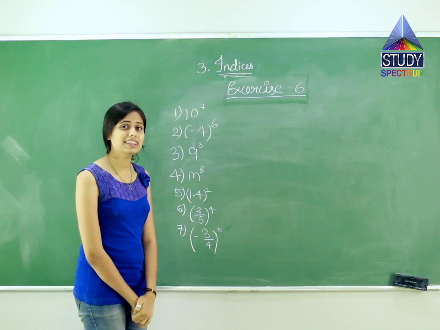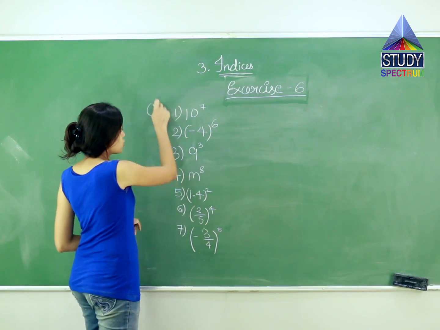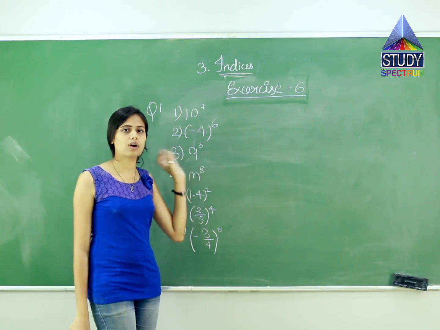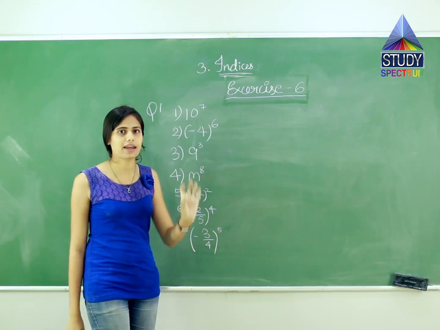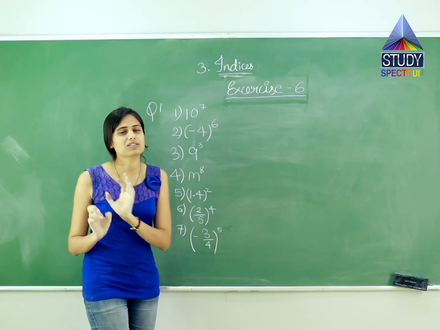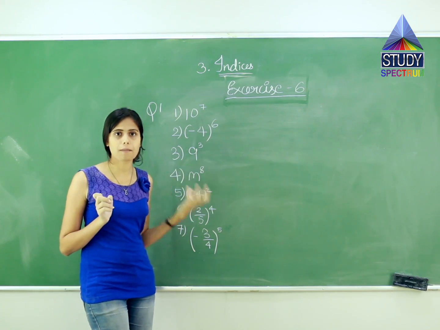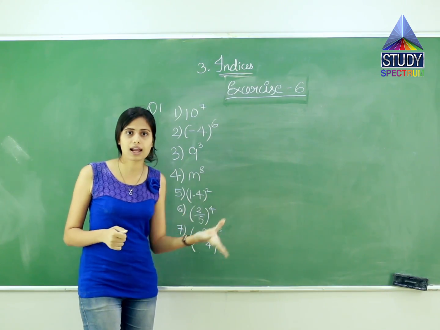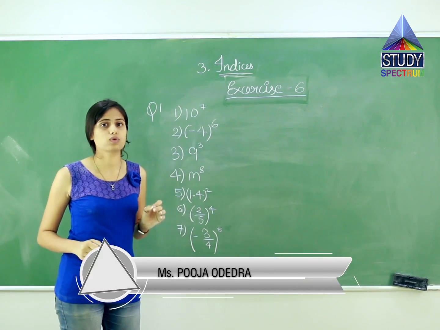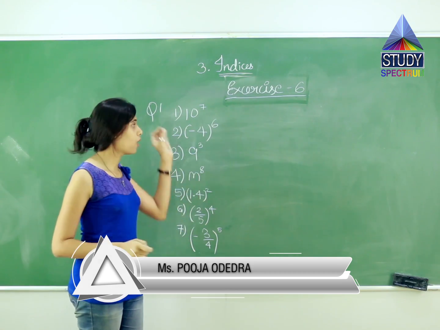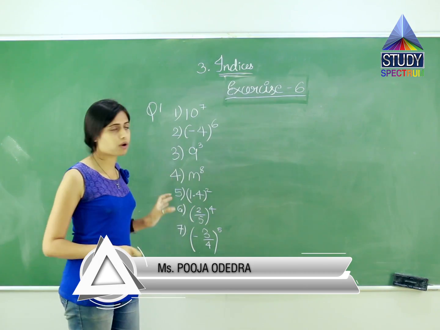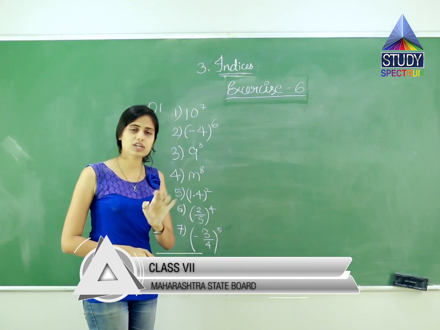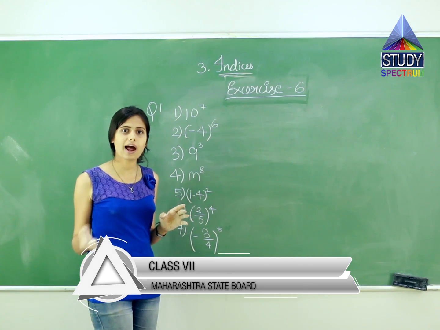Exercise number 6. In this exercise we are given some questions. This is question number 1. In this question we have given some sub questions. What you have to do is you have to write the product form of these questions and how it is read as. Like previous question. Previous question was comparatively more informative or more lengthier than this. In that we also have to write what is base, what is index, what is the value. But in this question you just have to write what it is read as and what is the product form of it. Means you don't have to find the value. You don't have to find the answers of this question. You just have to write the product form and how it is read as.